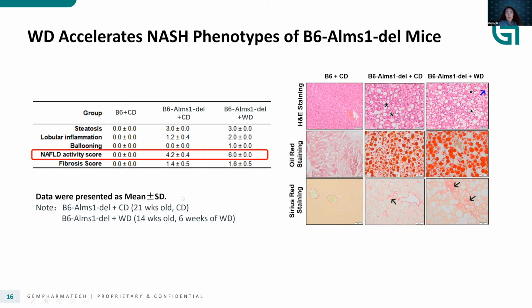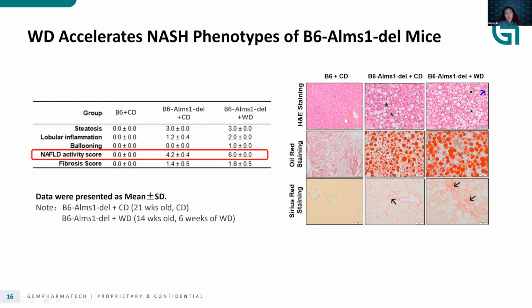So here, the NAFLD or the NASH is scored by a standard scoring system, which is called the NAFLD activity score. It basically evaluates the liver histology or morphology by the content of steatosis, the amount of inflammation, and the amount of ballooning that can be observed from the